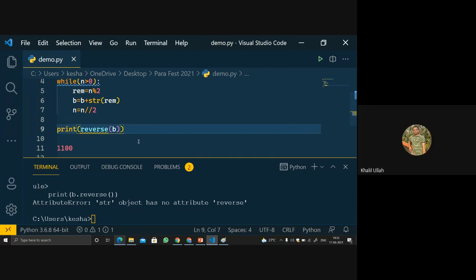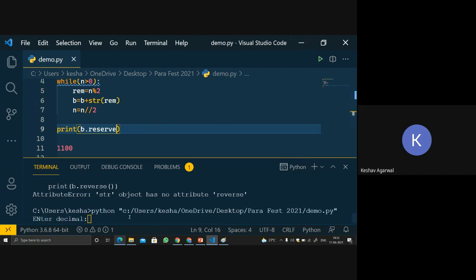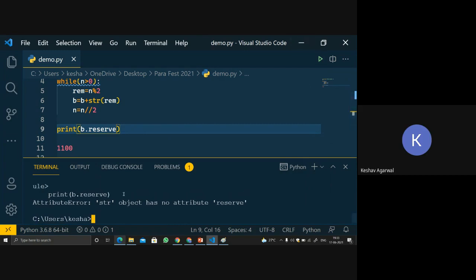Is there any built-in function or library function for this? Reverse is a built-in function only. It is built-in for strings.